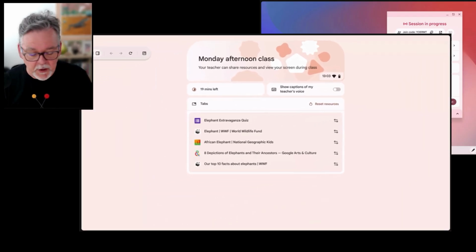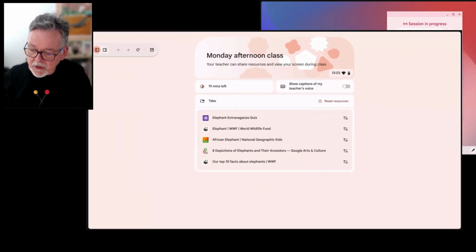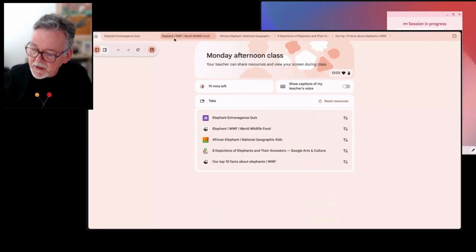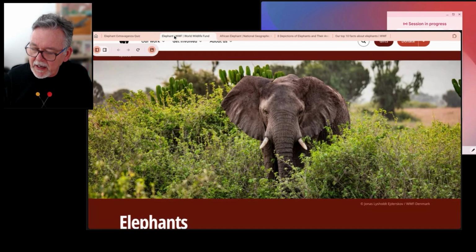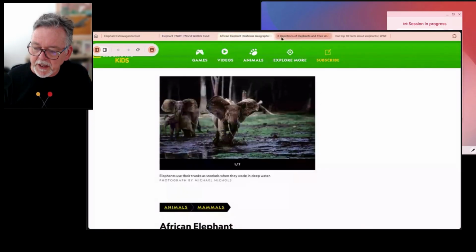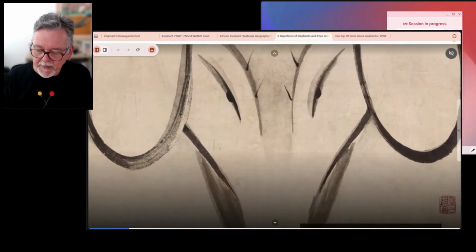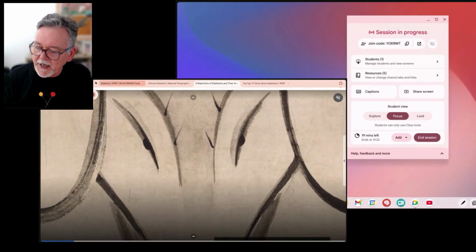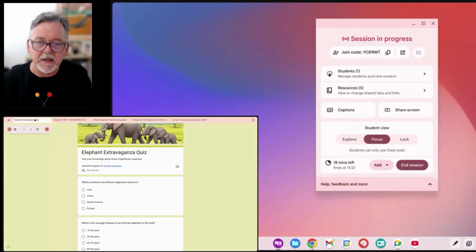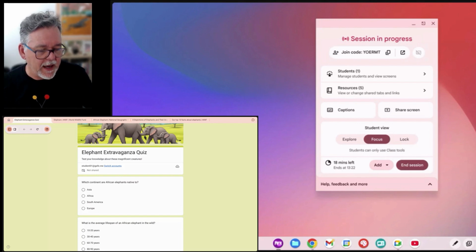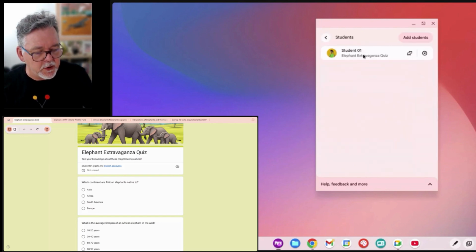And then the last thing I want to show you is, let's say my student over here is working on their quizzes. Let's just show the tabs at the top here. Let's say they're on here and they're working through their project, and I can see that they're scrolling down and they're doing things, right? That student's on task. But what if I wanted to check that? So here's the quiz, and I want to just check that this student is actually working on their quiz. I have the option as a teacher to go over here, pick the student I want,